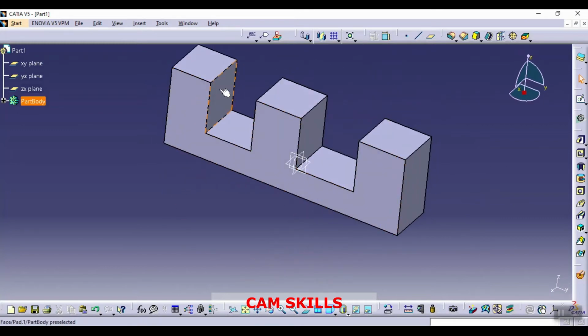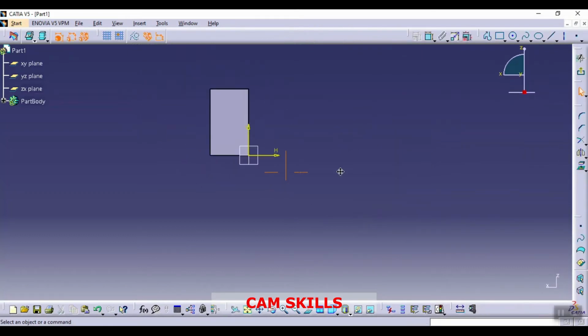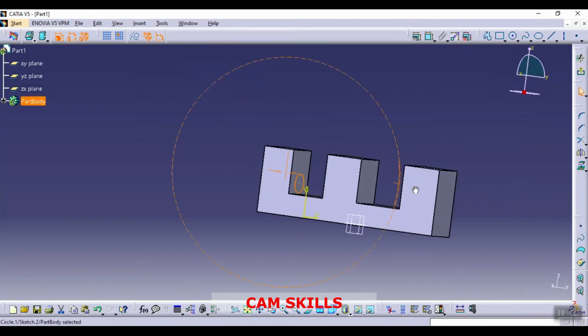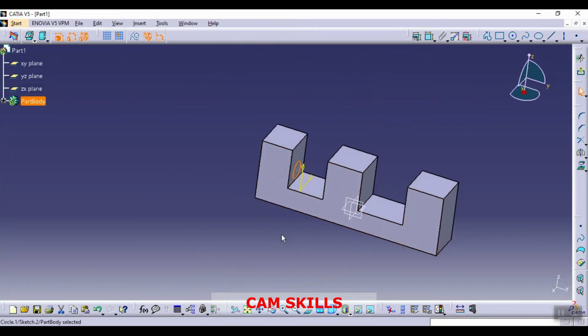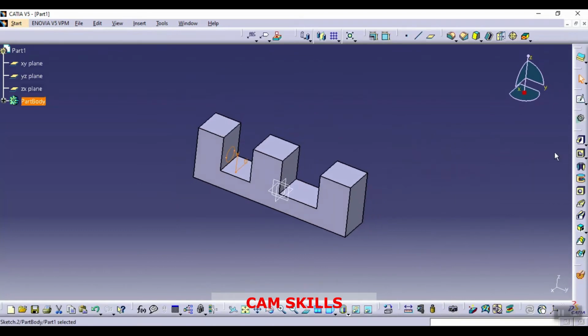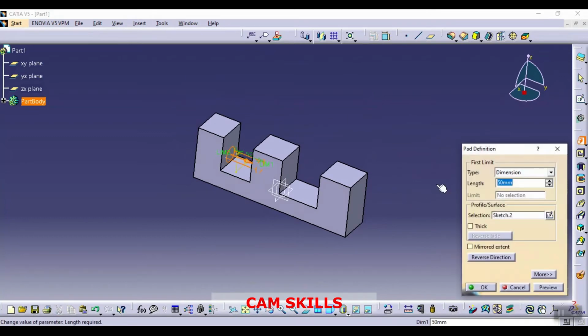Now I'm using this face, sketching on this face again. I'm making a profile here. So I created a circle here. Now I have to extrude this circle, but because there are other options also in the pad command, click on the pad command here. Now we can see the up to next option here.